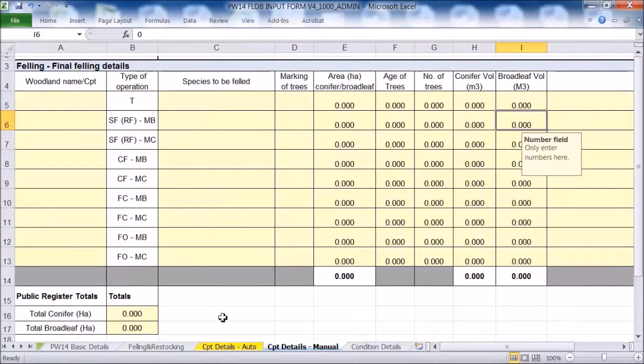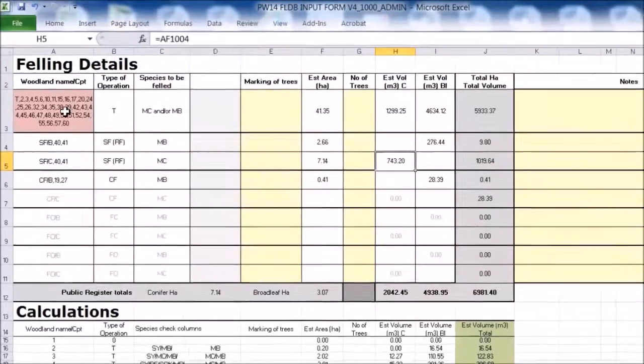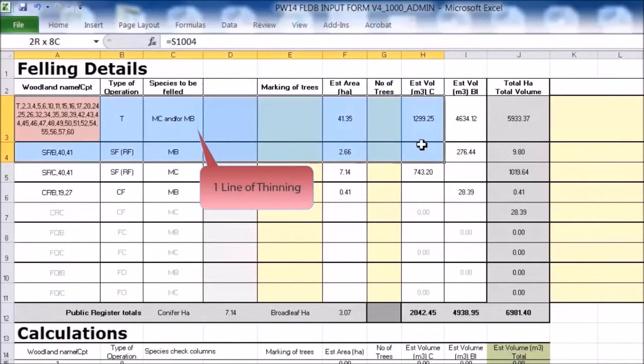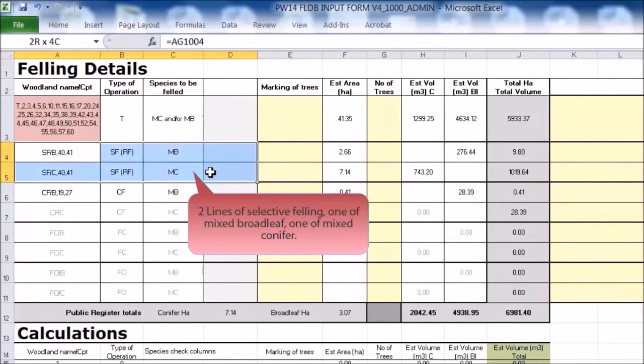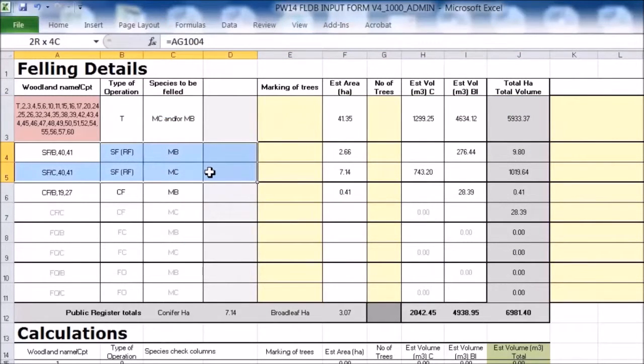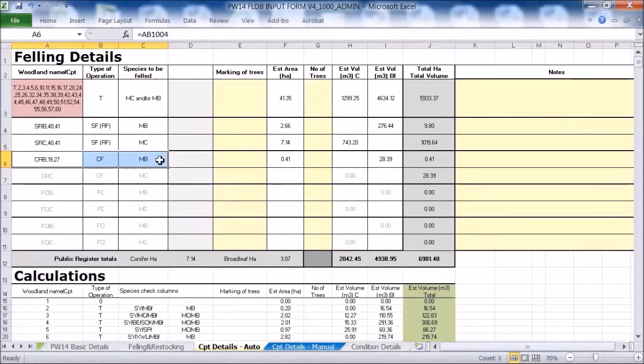So in this instance, we have the information in the Auto tab, and what we have, as you can tell there, is we have one line of thinning, we have two lines of selective felling, one of mixed broadleaf, one of conifer, and then we have another line of clear fell mixed broadleaf. These are the lines that you'll be using for the Felling License database, and I'm going to demonstrate by using